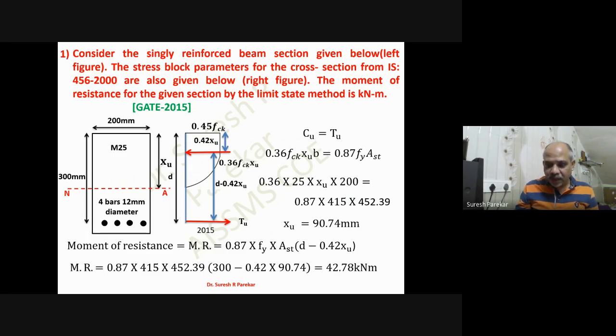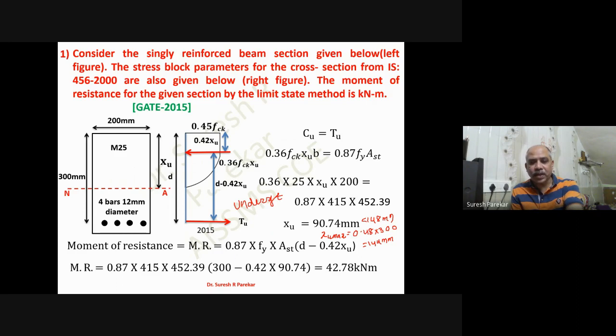So if we calculate XU max, or XU limit, for Fe415 we have this value, that is 0.48 into 300, and this comes to 144 millimeters. As this value is less than 148, our section is under reinforced. So we have an under reinforced section, and as the section is under reinforced, we have to use the formula for steel, and that value comes